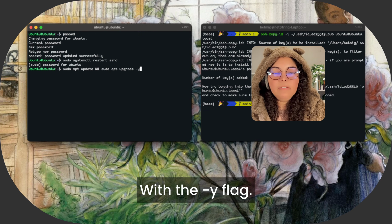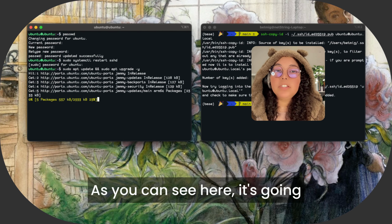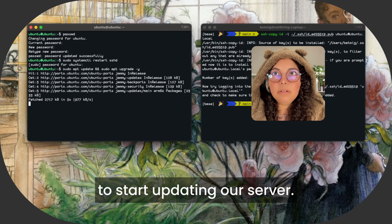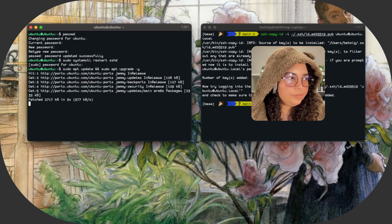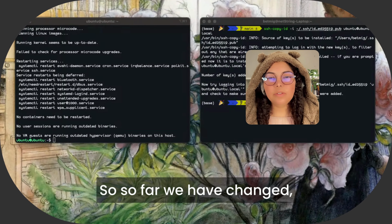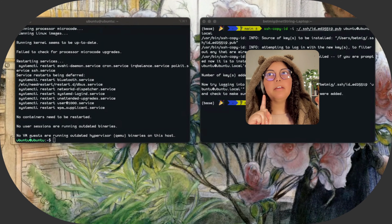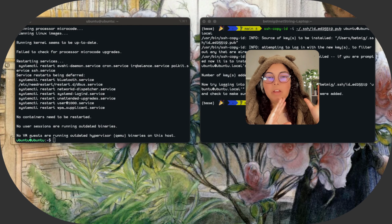With the white flag. Let's do that. As you can see here, it's going to start updating our server, downloading everything. Okay, the server has been updated. So far we have changed the password to the root server. We have updated the root server, and we have copied the special ID badge from my local computer into